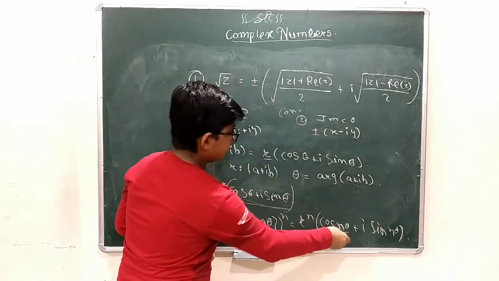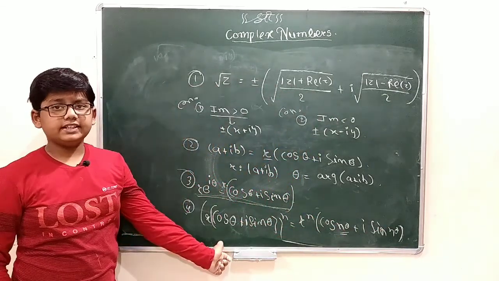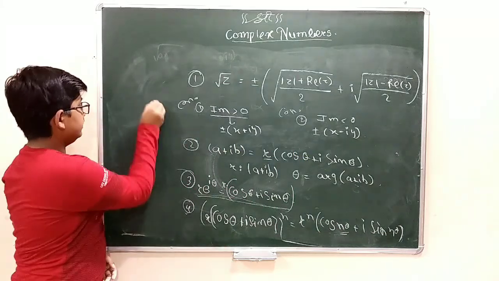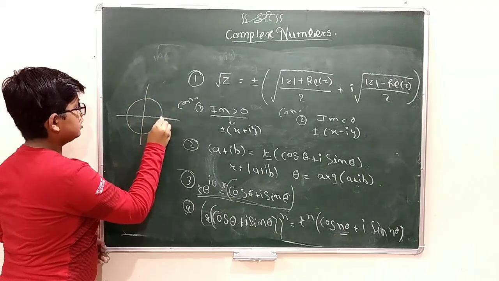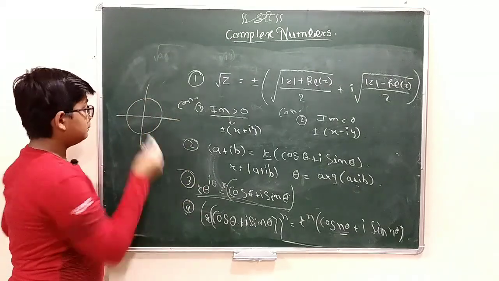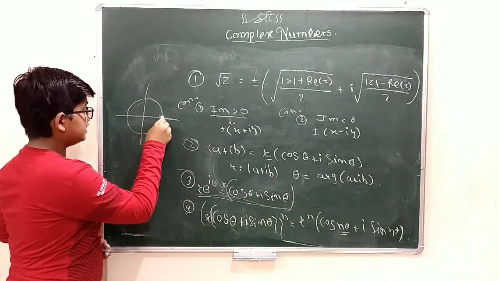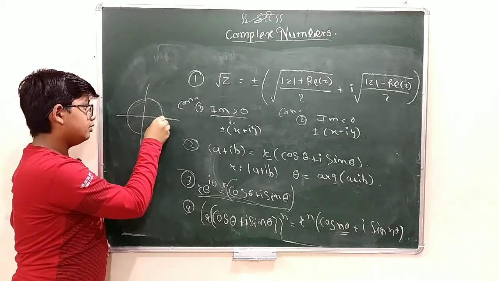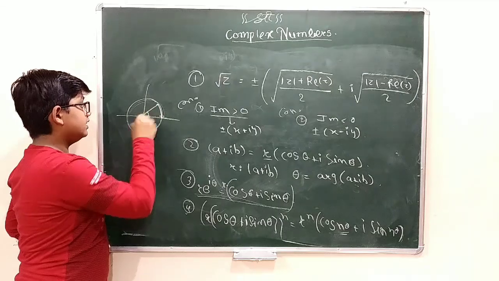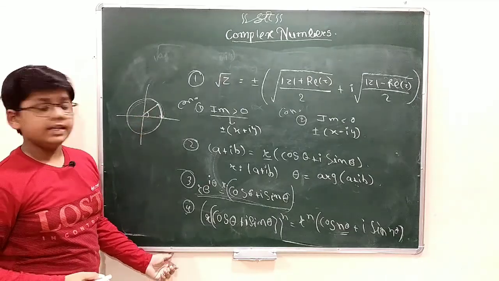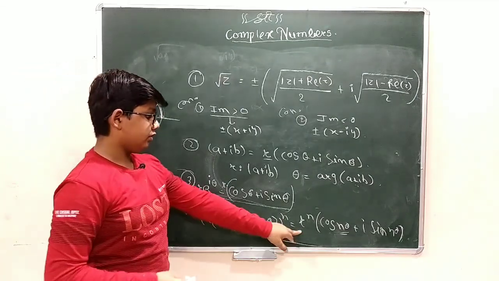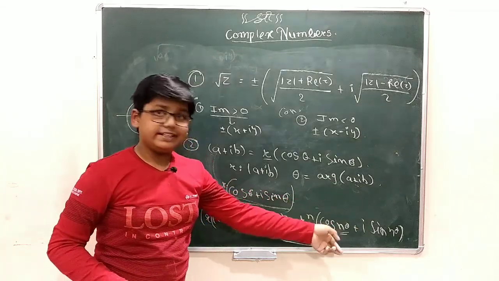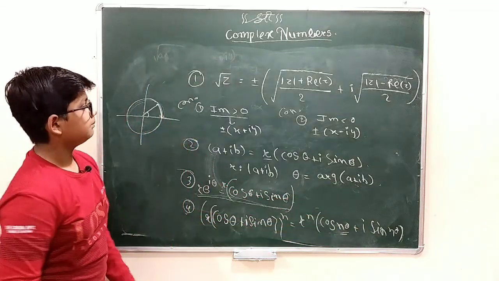Now you may say that here it is n theta. n theta can be expressed as n theta + 2k pi. How? We know the unit circle, 2k pi. Any constant can be multiplied by 2 pi. Adding any multiple of 2 pi to theta gives that angle itself, that is a coterminal angle. That's why we can say it to be r to the power n into (cos (n theta + 2k pi) + i sin (n theta + 2k pi)) also.